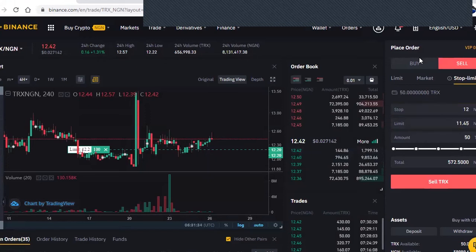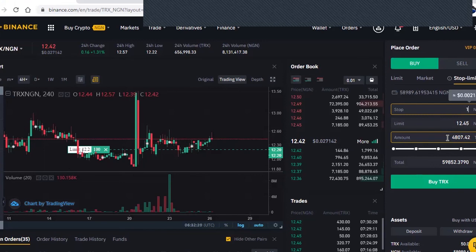So that's about the stop limit order, using it as your stop loss. Okay, so let's look at the same thing for buying. Now people are buying. You don't want to lose that. I want to place a safe order here now. So you can say, you know what? If the market should get to 13 naira, please just buy at 13 naira. Place my order at 13 naira 45 kobo or 13 naira 25 kobo.